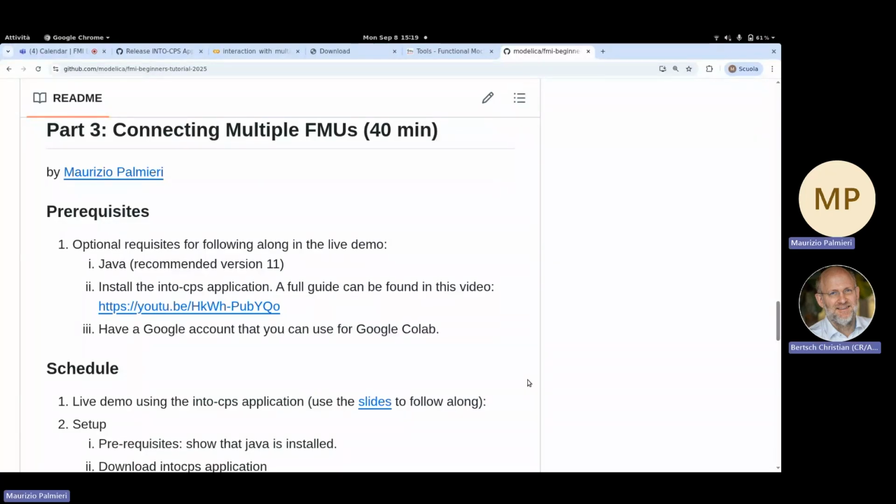If you look online, if you look on internet IntoCPS association download, you will end up on this page